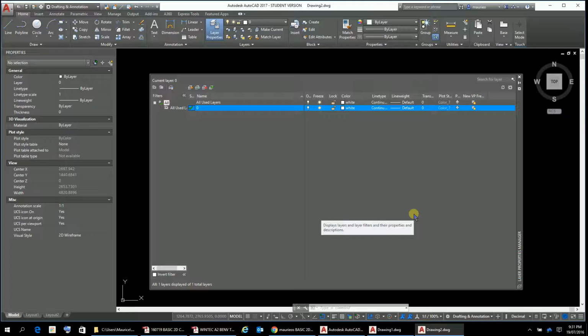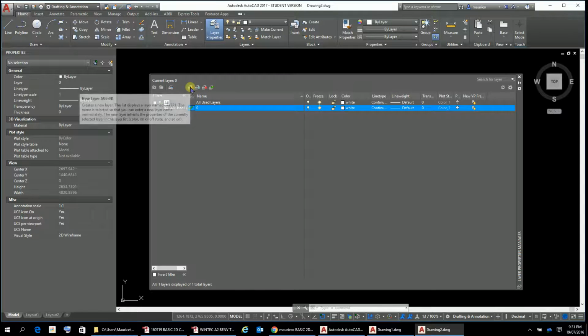The reason being that anything drawn in layer 0 as a block, when it's transferred into another layer, will assume the properties of that layer, and layer 0 is the only one that does that. So we tend to leave that free, and I'm going to be drawing a